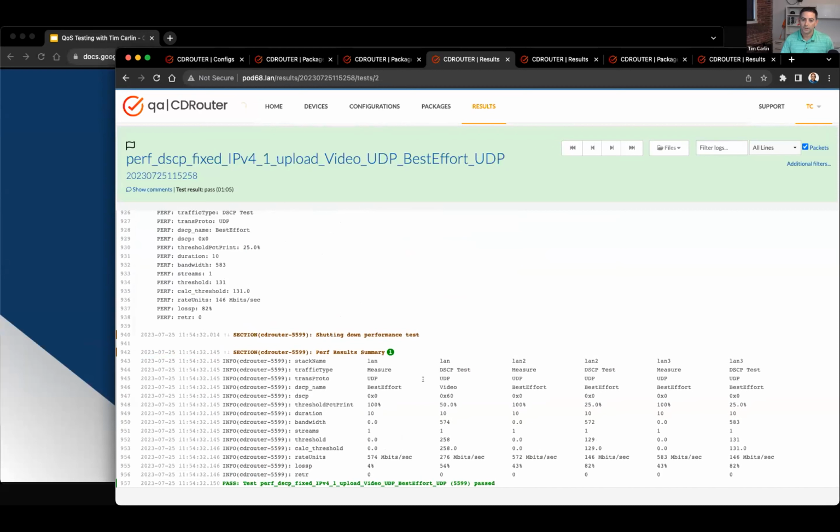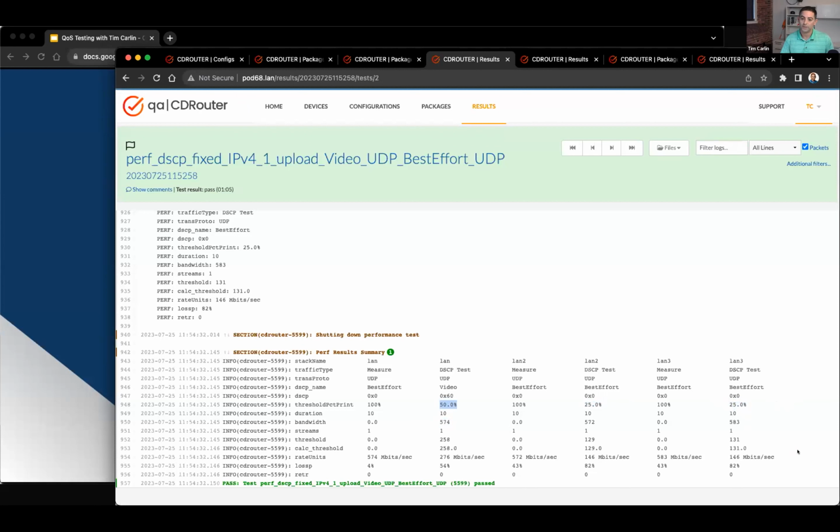So you'll see 6 columns here. One for each of the measurement flows on LAN, LAN 2, and LAN 3, and then the actual QoS flow for each as well. And you can just tell the difference here based on the DSCP test. So what's interesting to point out here is indeed our video flow used around 50% of the overall measured throughput, while our best effort flows used the remainder. Again, I say remainder because they're best effort, right? So the remainder after the 50% of the video throughput is applied is 50%, divided by the 2 best effort